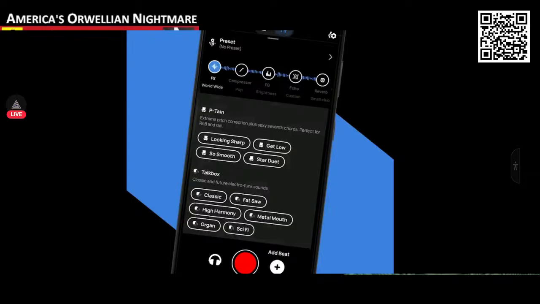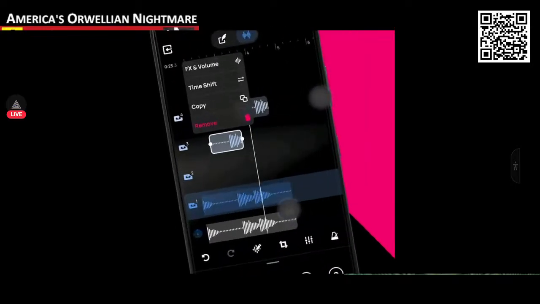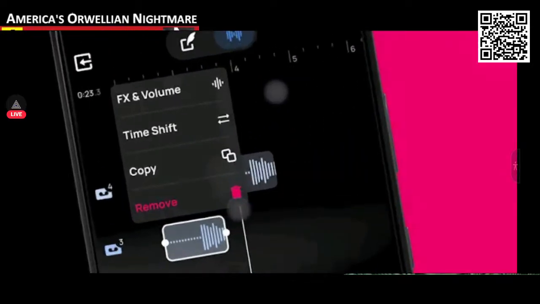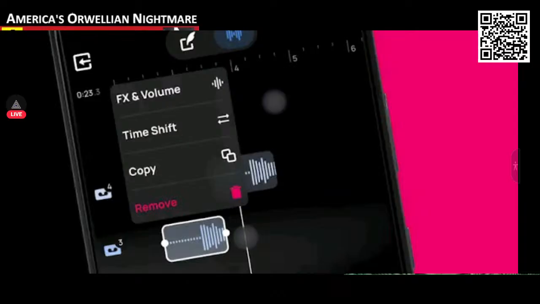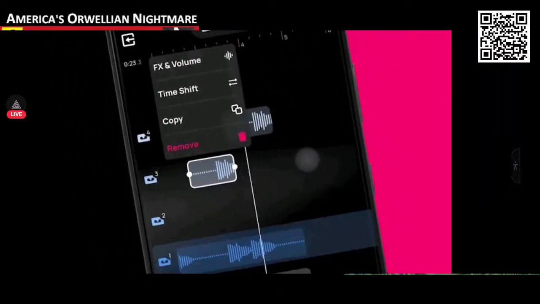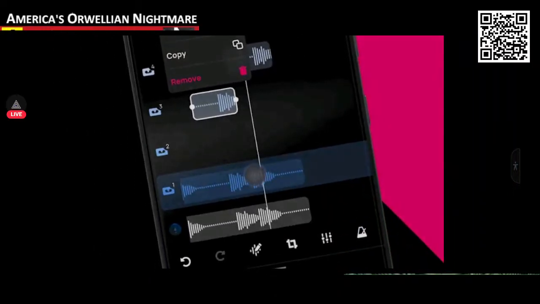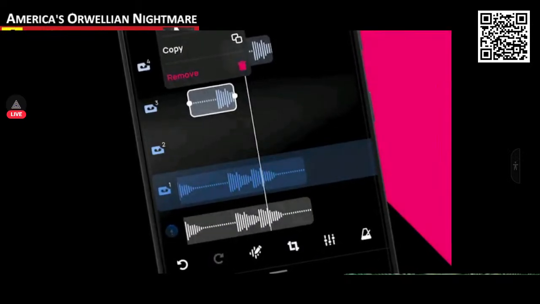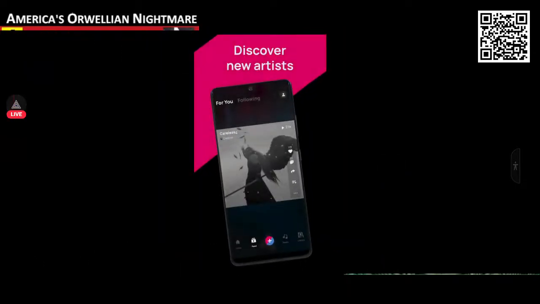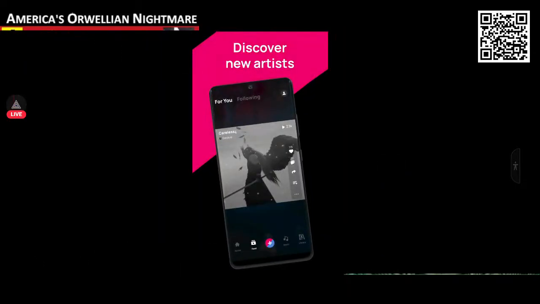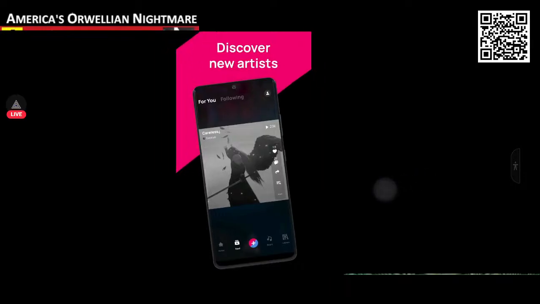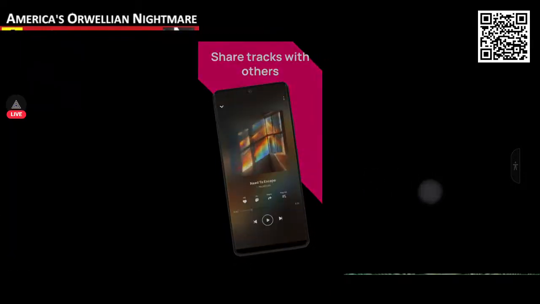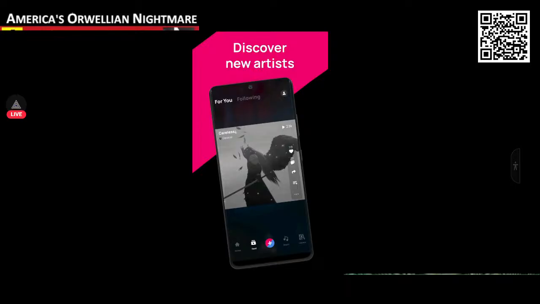So if you got the money, you could pay them. Oh, look here. Oh, no. That's what it looks like, though. So this is gonna be your voice right here, and then this is the beat playing. I emailed these people to let us edit the beat. They never changed the app till this day. It's still the same. So they didn't give a damn about my suggestion.